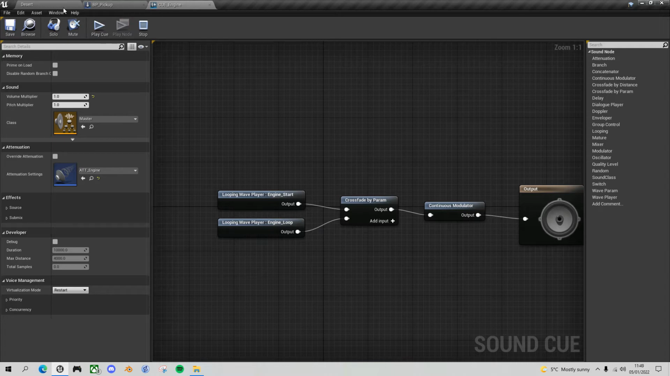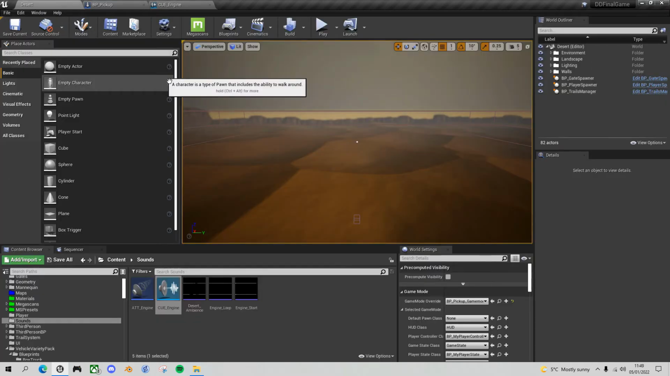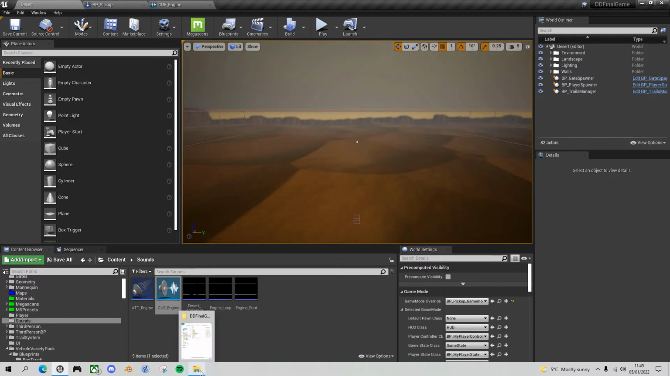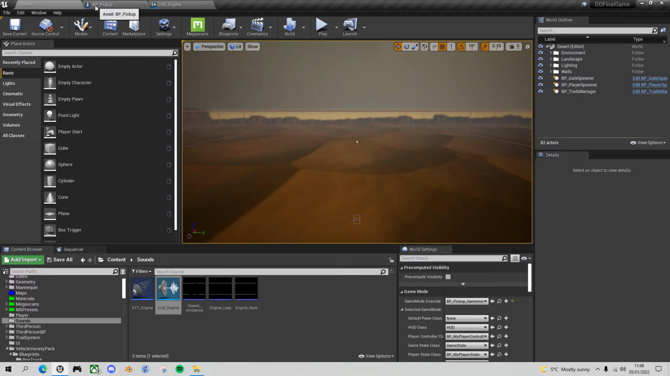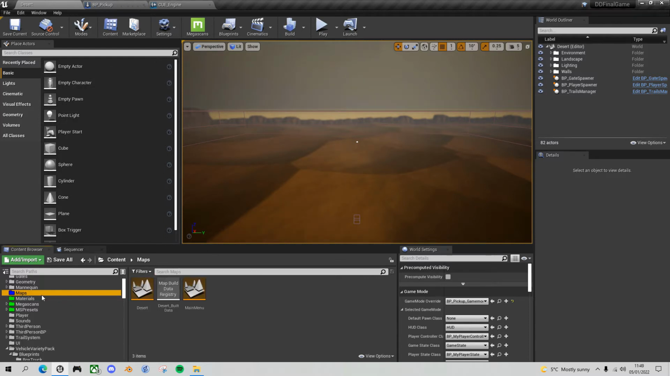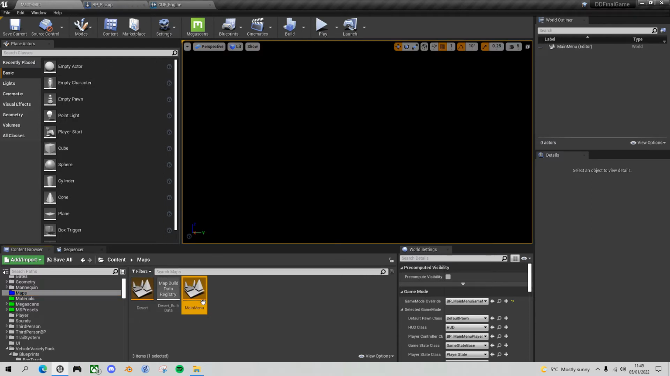Okay, so those first 3 bugs are all to do with sound. The next one I want to show you is just an issue with UI capture at the beginning of the game. Let me show you the issue first, and then we'll fix it. Before I launch the game, let's load the main menu map